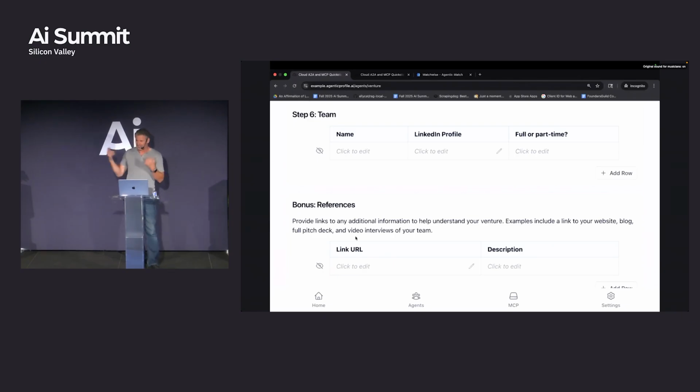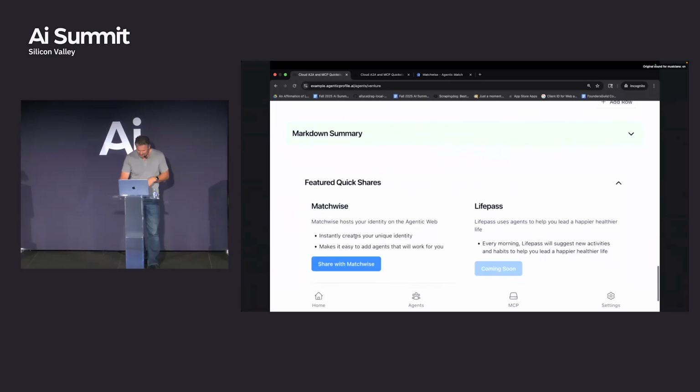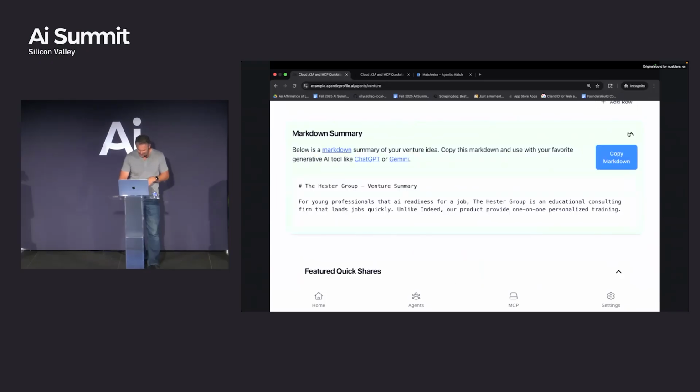And obviously it ties into our agentic stuff too. If you're doing a startup here and there are some investors in the building and they were to use this data to vet you, they might actually come and talk to you today, which would be really fun. So the fun thing here is that once you've done this whole worksheet, AI loves Markdown. So what I do is I take all those sections, generate Markdown with it, and you can drop that Markdown into your favorite tool, your ChatGPT or what have you. You can say, how would I make this better? It might give some recommendations on that. You might drop this into whatever tools you want.